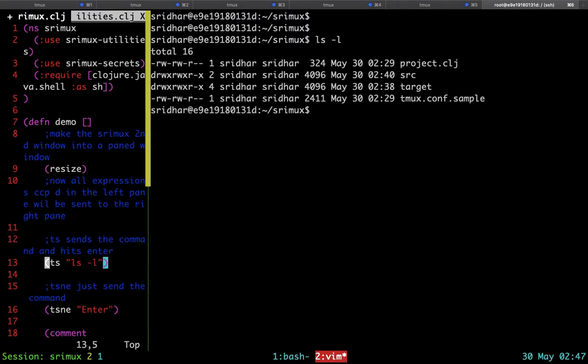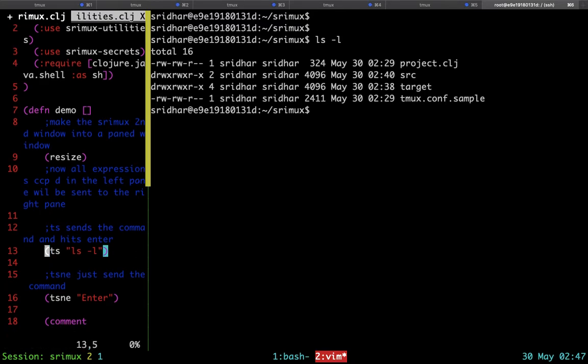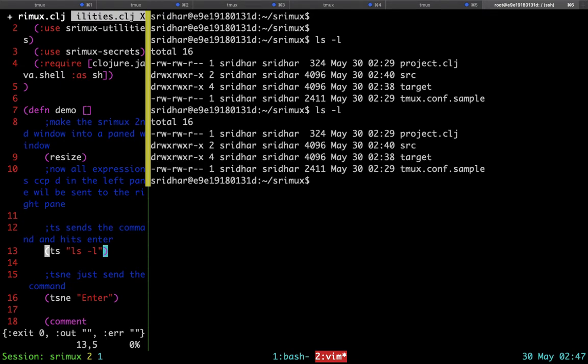So the command to adjust the height is set command height to. Now let's try evaluating the same command. Okay, the feedback didn't come now, and the ls minus l command got executed. This is much better.